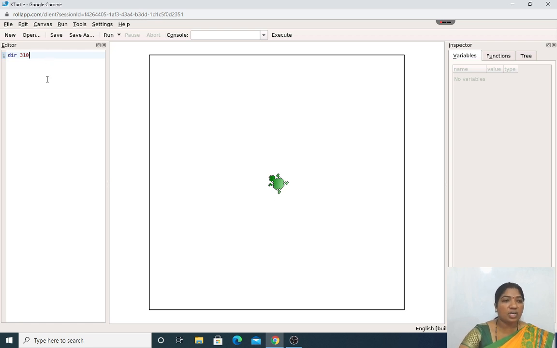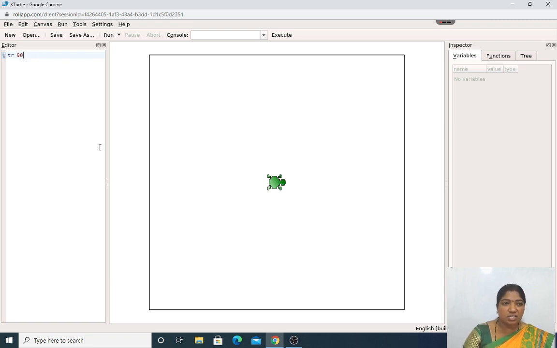Let us see the difference between turn right and turn left. Let us set the turtle in the center position; just write the reset command. After that, if we write turn right 90 and run it, what actually happens? It will change its position from the head turning upward. It will just turn to the right, in the clockwise direction, that is TR 90.